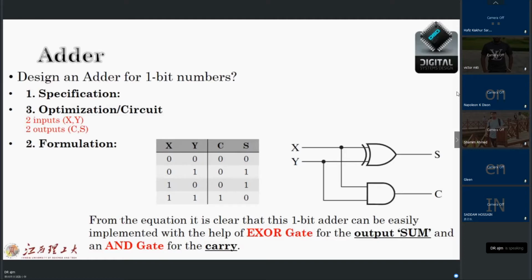We can do one job: I can simply write the equation between them, or I can analyze that the relation for S between X and Y is XOR, and for C it's exactly the AND gate between my inputs. Okay,